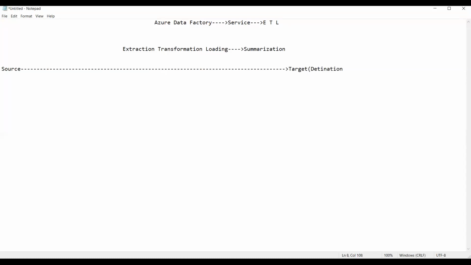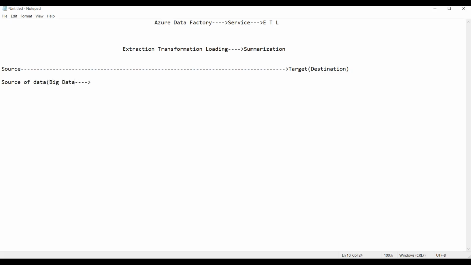Target is also called the destination. Whereas source is nothing but what, guys? Source is the actual source of data. Am I right? Source is the starting point of the process, the source of data. That means a place from where we get the data. So guys, from where we get the data? Data means always assume it as big data only, guys. Source of big data, you can say.